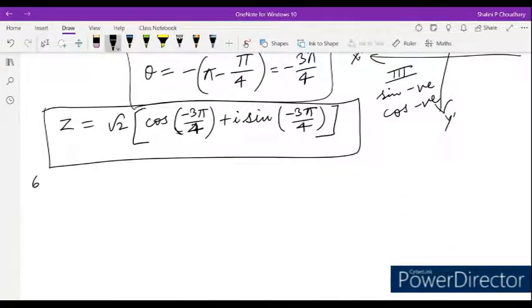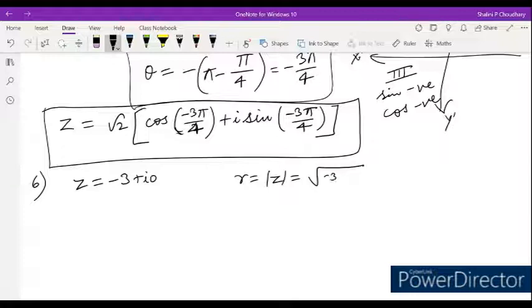Now question number 6. Question number 6 is z is equal to -3. Okay, so r will be equal to modulus of z, that is equal to square root. So when it's written -3, we can write it as -3 plus i into 0. So -3 squared plus 0, that is equal to 3. Okay, so the value of r will be 3. Now we have to find out the